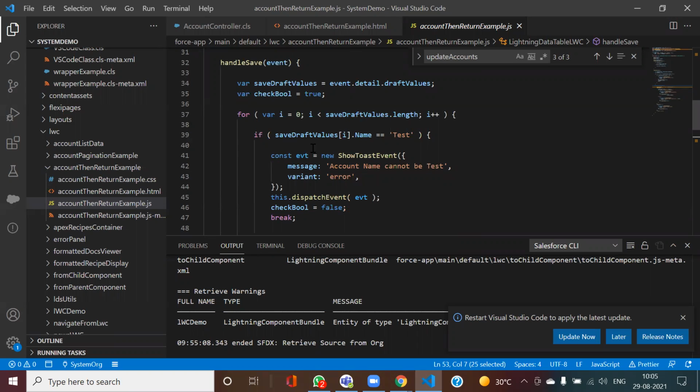And in that Lightning Data Service, we were doing on save what should happen. And other than that, we were showing a success message also. So that one thing we did out there. In the second part, we used this wired method and the Lightning data table, where I was displaying my list of accounts. That was two. The third one, which I covered, was using your imperative APIs in LWC.